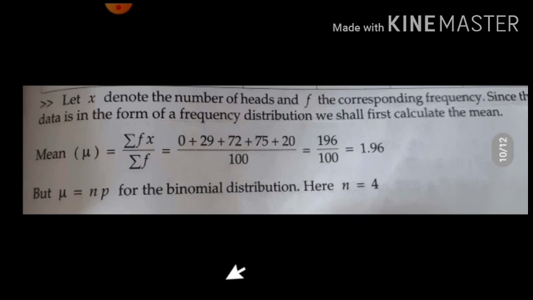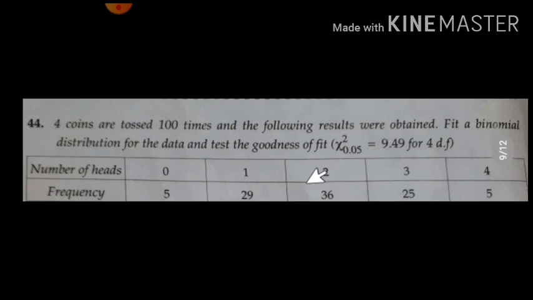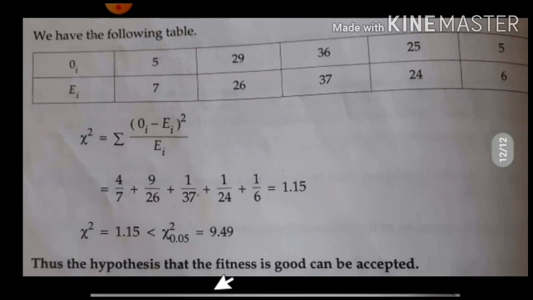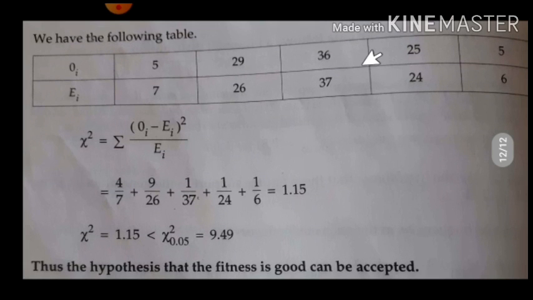But the observed frequencies are given as 5, 29, 36, 25 and 5. So we need to write down the table of observed frequency and theoretically obtained frequency. Here observe that the last frequency value is less than 10. If I merge it with the previous one, it will become more than 10. Hence here they have not added the theoretical frequency values. Form a table of observed and expected: this is the given data, and this is the now calculated theoretical data.